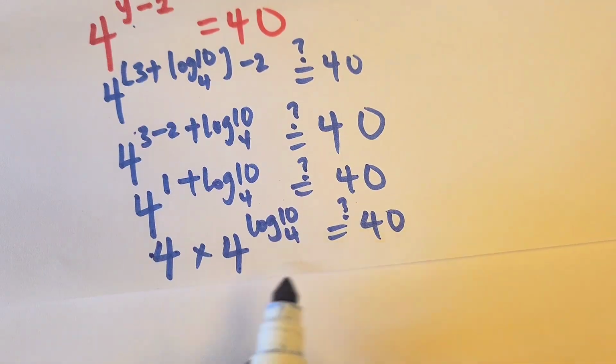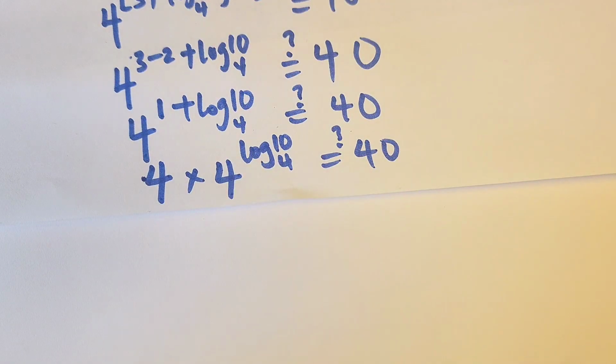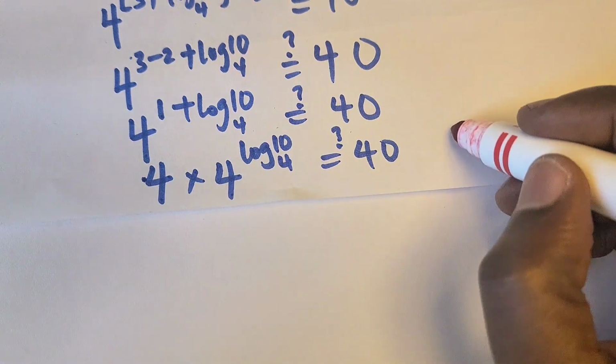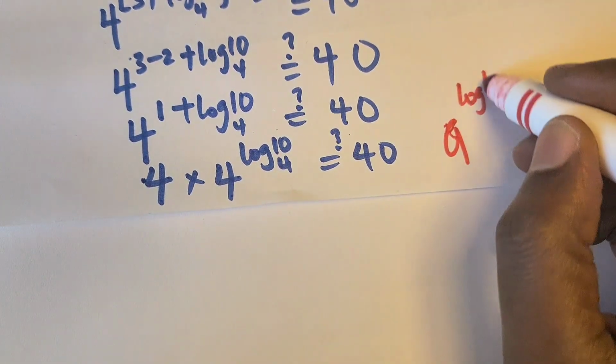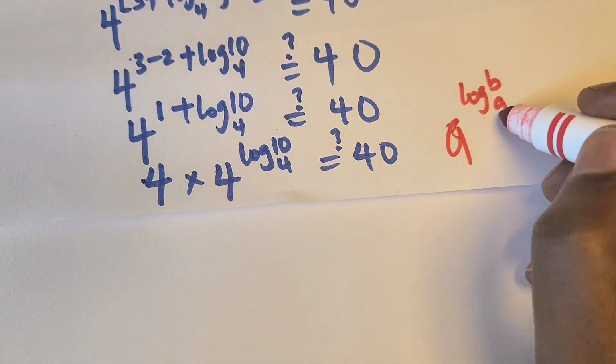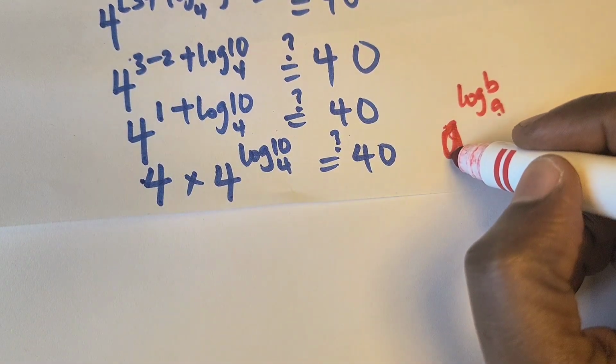So here we have, there's another rule I'm going to teach you right now that says that if you have a to the power of log b base a, if the base of the logarithm and this value here is the same,